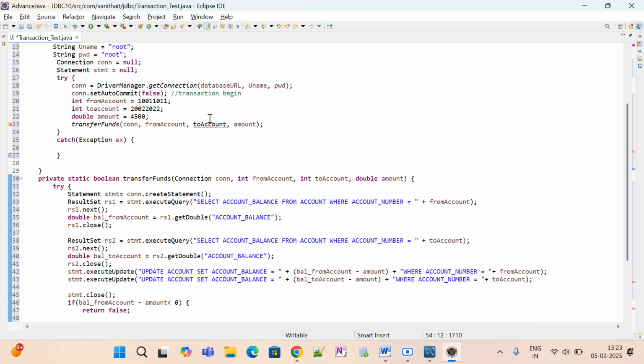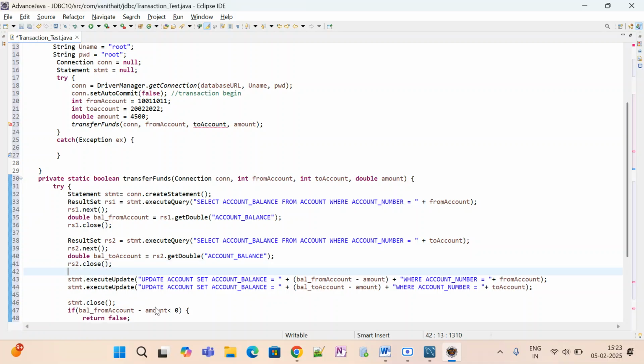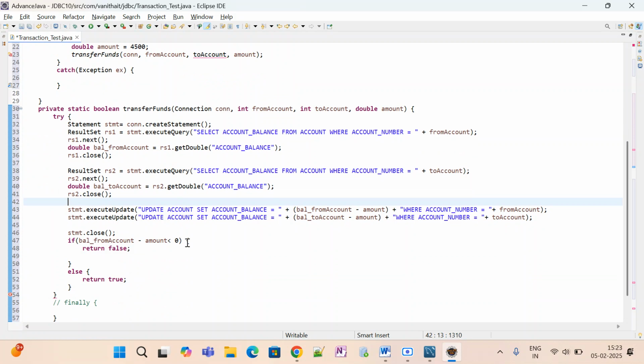Now account double. So I have closed the statement, rs1 dot close and rs dot close. So I'll just keep this space so it's better for us to understand it. Balance minus amount less than zero, then it has to return false. Otherwise, it has to return true. Okay, so till here, now I have to use the connection con. But before that, here statement stmt